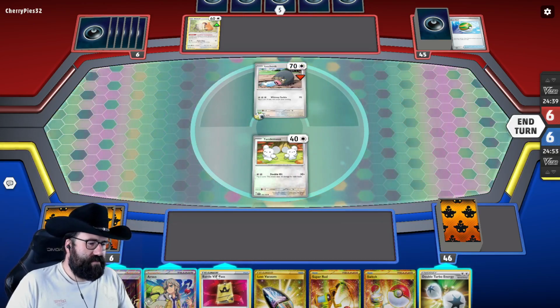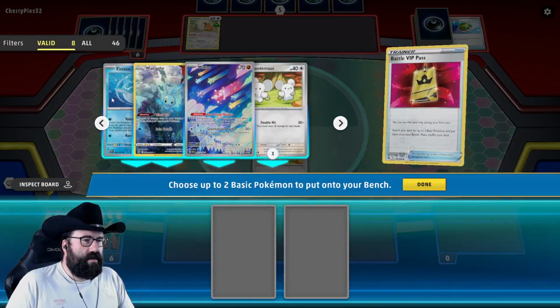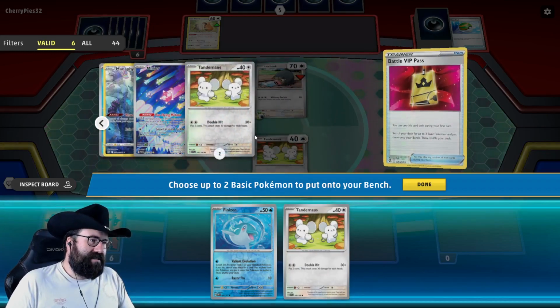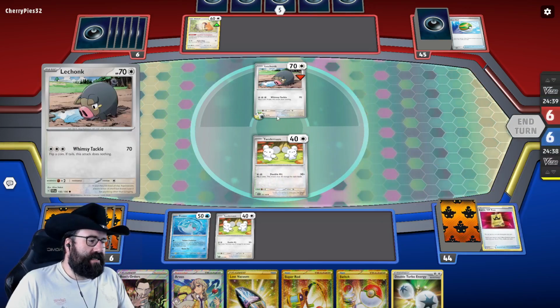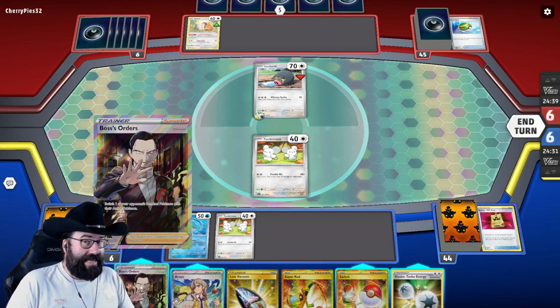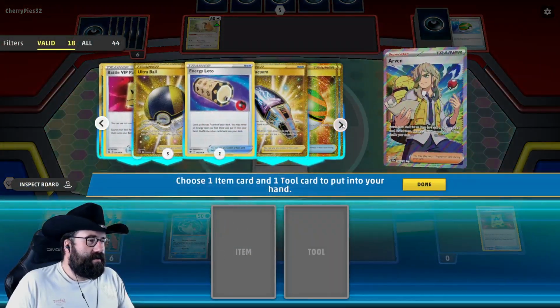Shame that. Okay, so let's do this. One of each of these. Actually, ooh, that's tempting. I think this is still right. I'm tempted to get a Minior. Minior wouldn't do much against Lechonk, but I think Minior is going to do really good against Oinkalone. I think. We'll see. But let's Arven here for a...